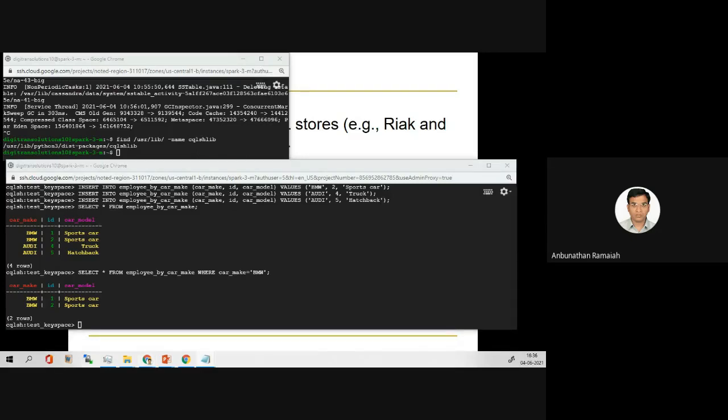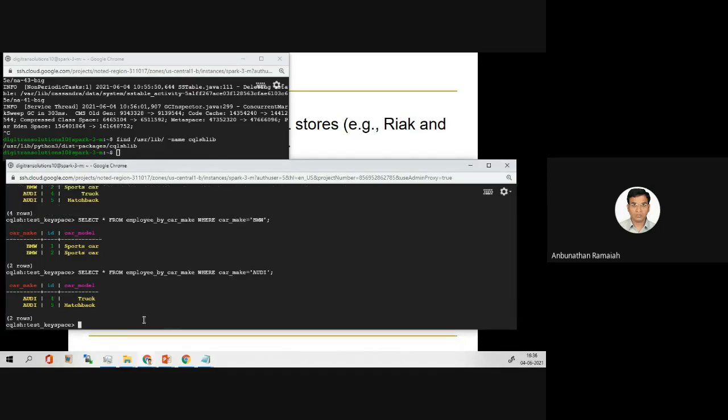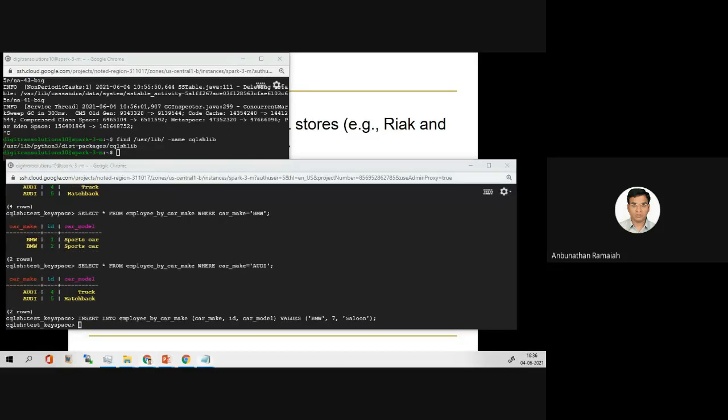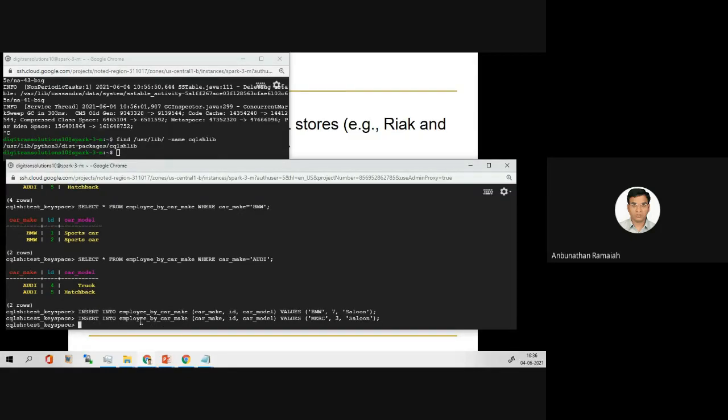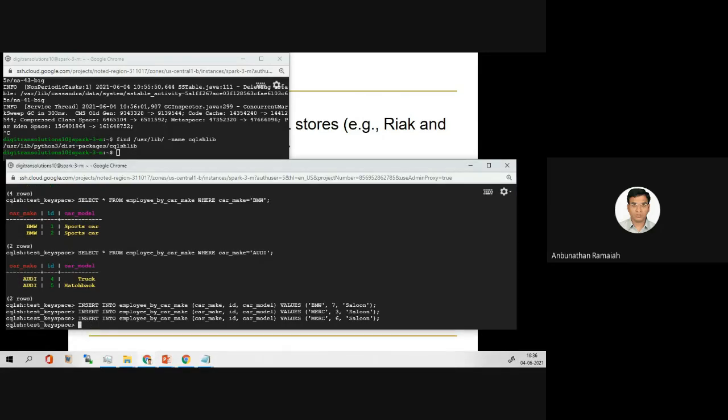Then some criteria I am giving, RD, that also picked. Now what I will do, I will add some more records in the employee by Carmack. 1, 2, 3, and then 4.